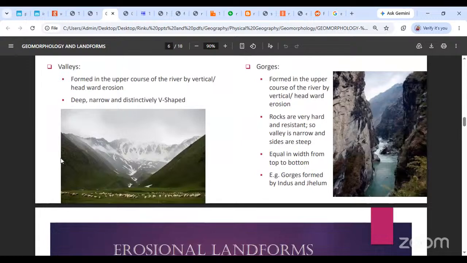Anyways, here we are going to discuss the rest of the features. We are discussing what valleys and gorges are now. Okay, we'll discuss what the next erosional landforms are. We said valleys होते हैं, river valleys जो होते हैं, they are the erosional landforms. The first type of river valley that we see is V-shaped valleys. Okay, V-shaped valleys बनते हैं, and then clearly उसके बाद gorges होते हैं and canyons होते हैं.